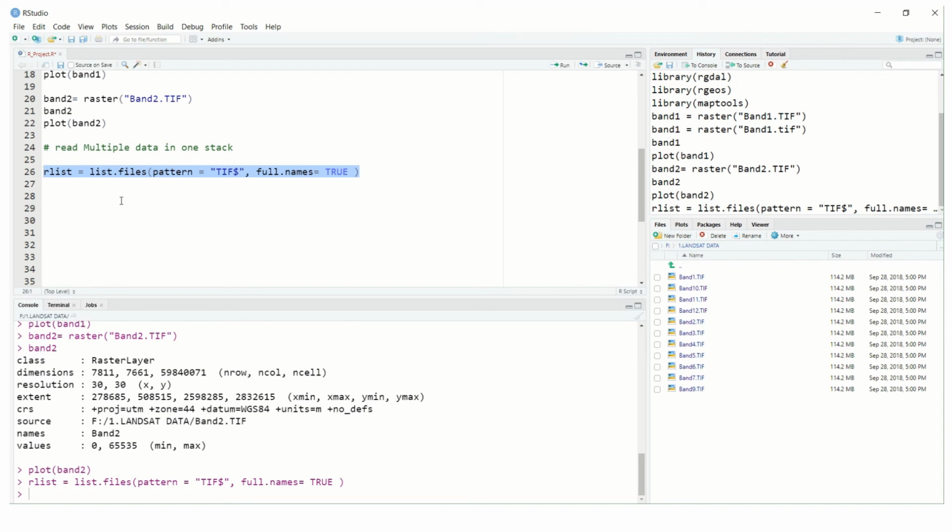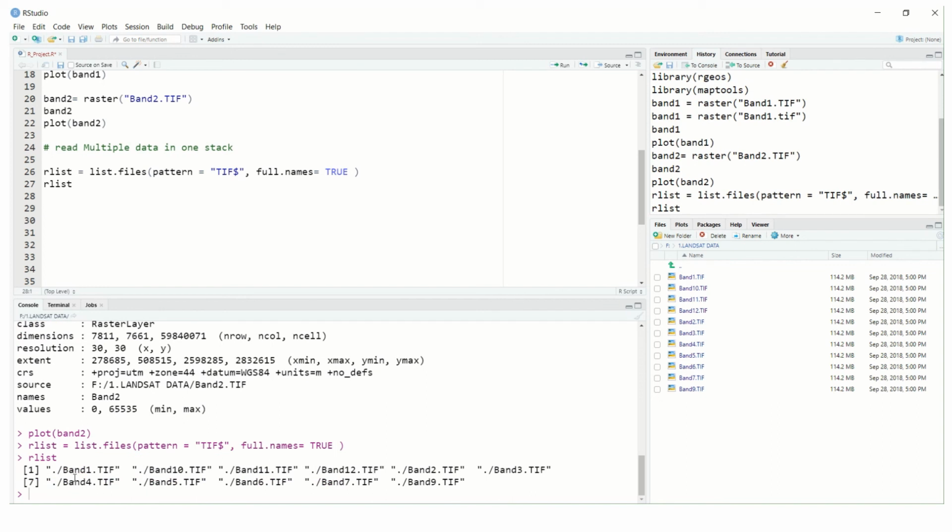But again we can confirm whether we get all the bands in one attempt itself. So we have the pattern of TIFF files, full.names should be TRUE. Then I'll just check whether it will give the correct information of the raster. Run. Yes, then it is correct. We have all the bands in this r list. So it is listed now here. You can just clarify with this and your folders here.